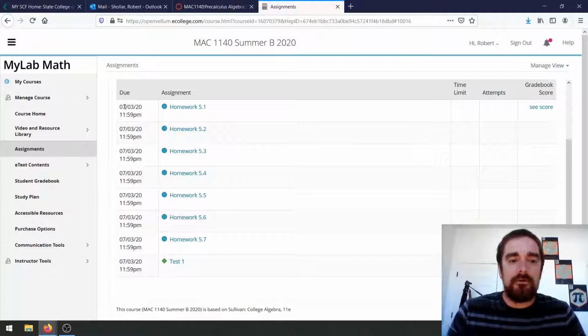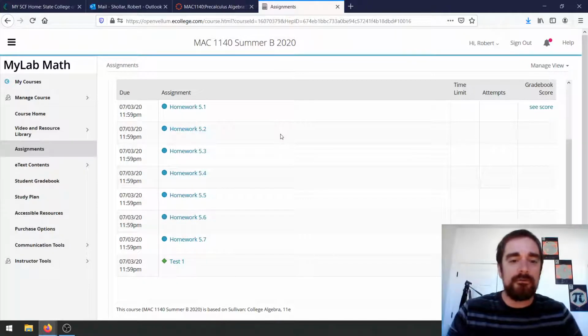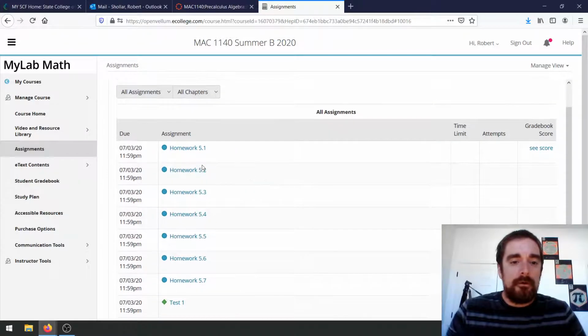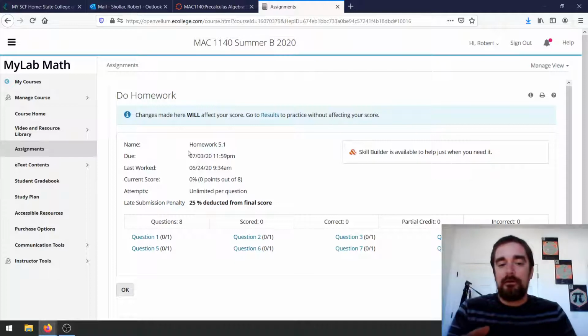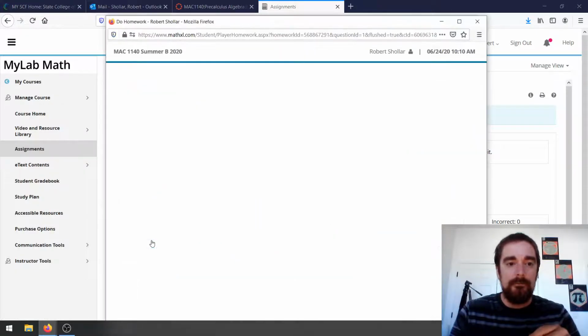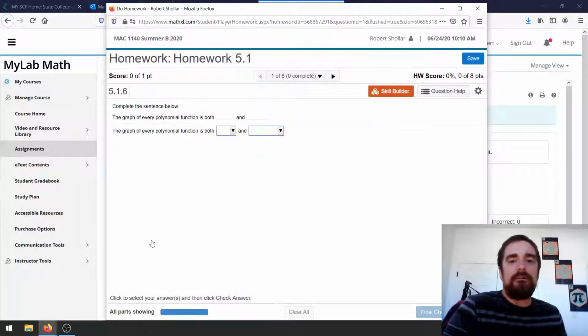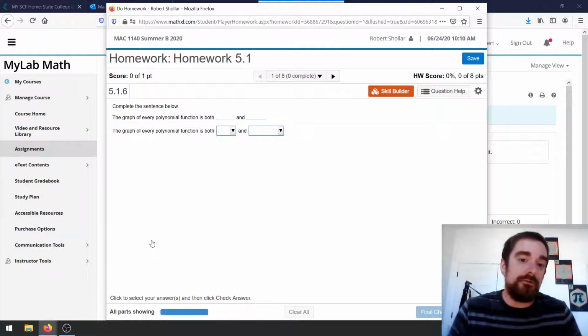And you'll see that there are due dates. Again, make sure you respect the due dates, otherwise you'll get that 25% late penalty. But you've watched the videos, and now you want to tackle some of the homework. 5.1 is really cheap because it's so short. And some sections will only have like 10 questions. Some sections might have like 25 questions. It all just depends